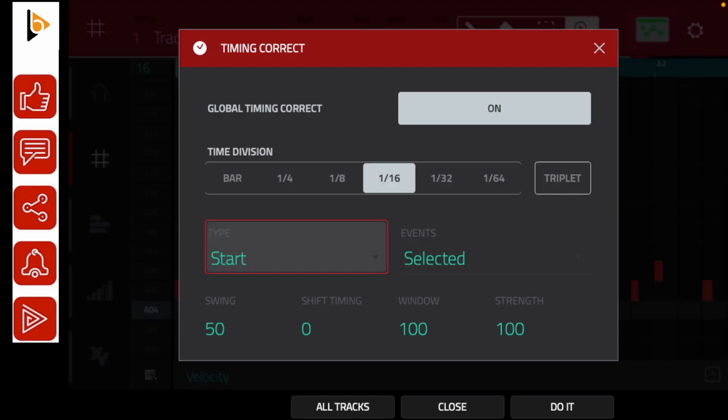Now, from here, the reason why all of your kicks and everything is snapping to the beginning is because the type is on start, which means it's quantizing it to the beginning of each of those divisions. That's why you have it start. And your event, anything you are currently working on that you have selected, maybe if you select part A1 or part A2, by the time you hit do it here on this timing correct, any setting you might have come here to change or modify will be effective on any of those grids or on any of those events